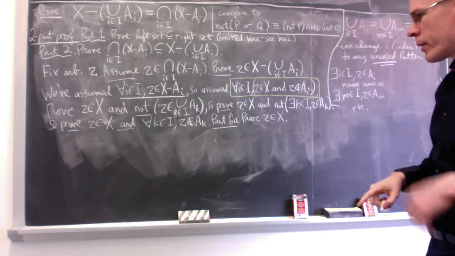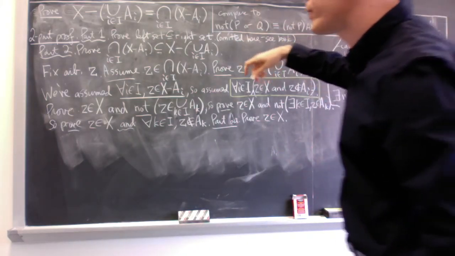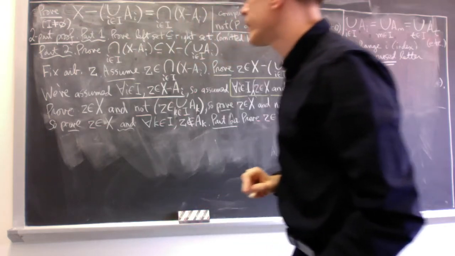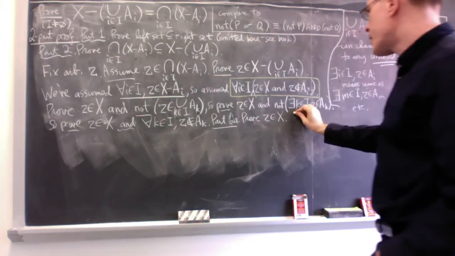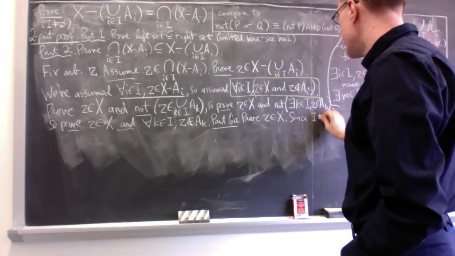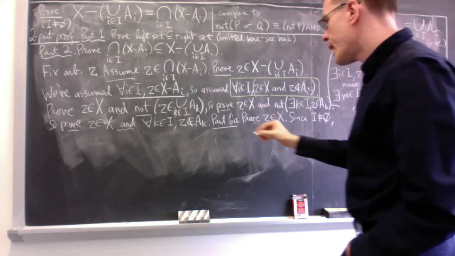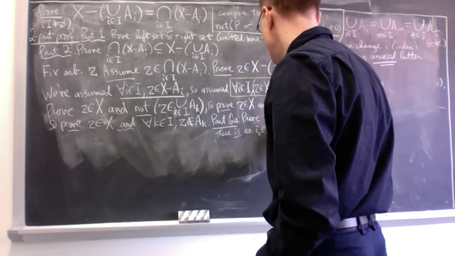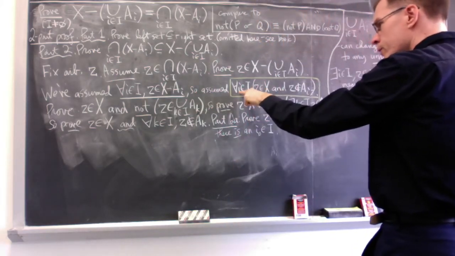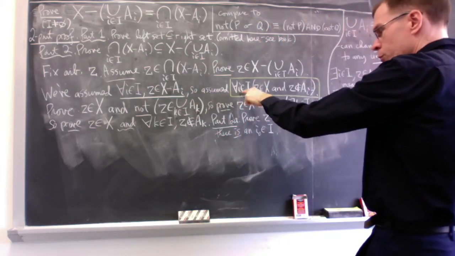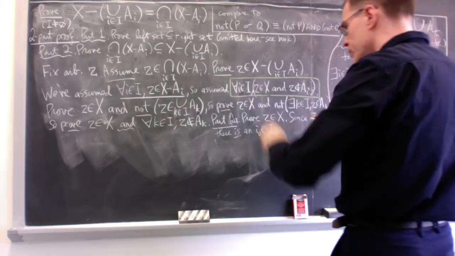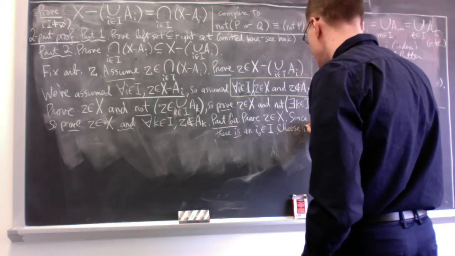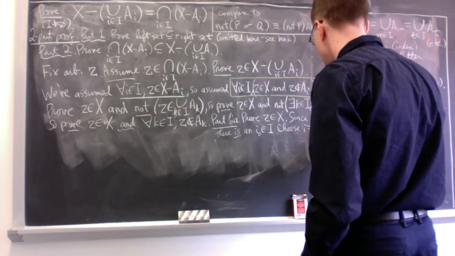And this is where the assumption, which I said a long time ago, throughout the lecture, comes in: the index set is assumed to be non-empty. And that actually gets used right here. Because the index set is not empty, there is some I, call it I naught, in I, and for that choice, because you have to choose an index in the known for all statement. If this was empty, you wouldn't be able to do that. Call it star. So choose I equals I naught in star,